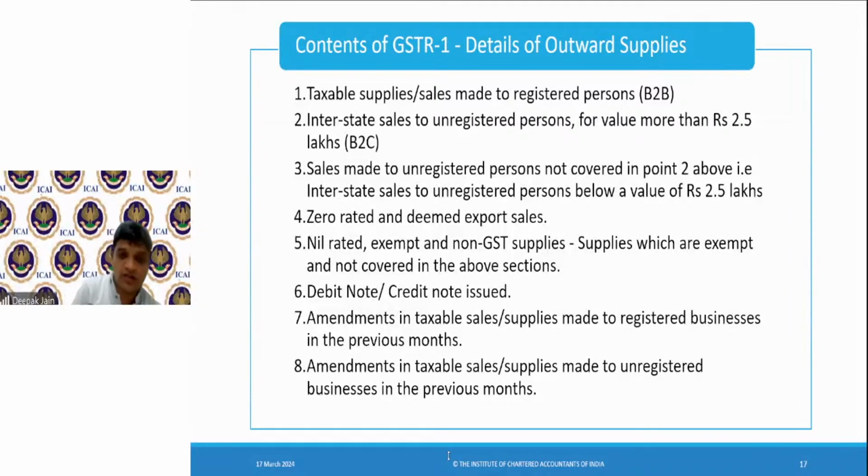So consolidation means what? Consolidation means if I am supplying it to 100 unregistered persons, I don't have to mention invoice number 5, this is to unregistered person, value, tax. If I am giving another invoice number 17, this is the value, this is the tax, I don't have to do that. All such unregistered persons invoices I will add together and give in one line saying that supply to unregistered person, intrastate this much, interstate this much. Under intrastate, 5% values is this much. This is the tax. 18%, X is the value, Y is the tax. 28%, this is the value, and this is the tax. That is the meaning of consolidated.